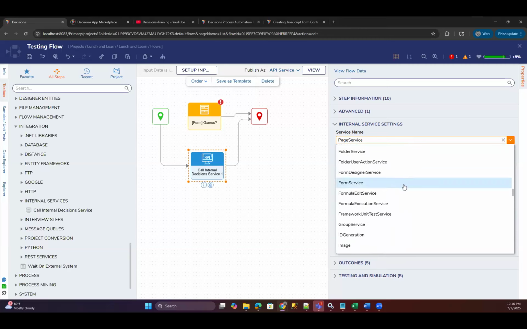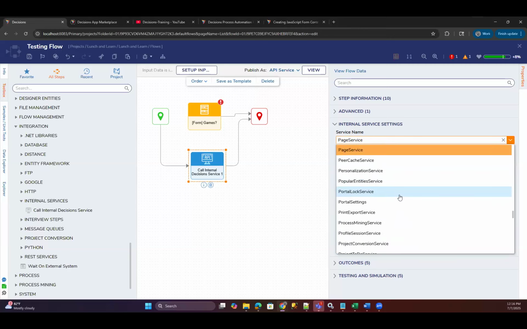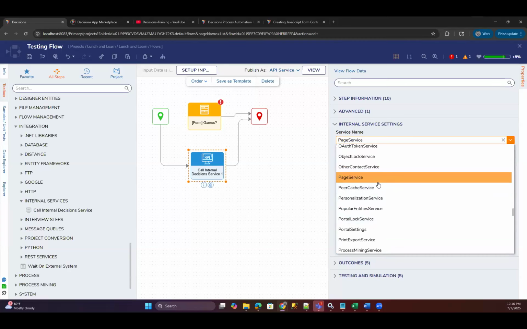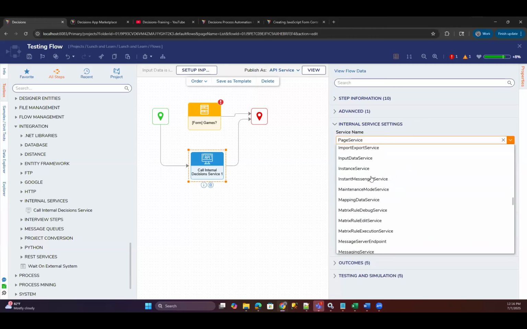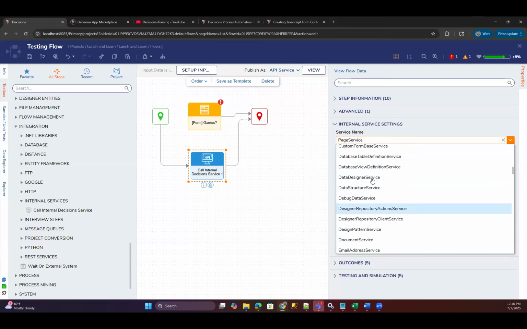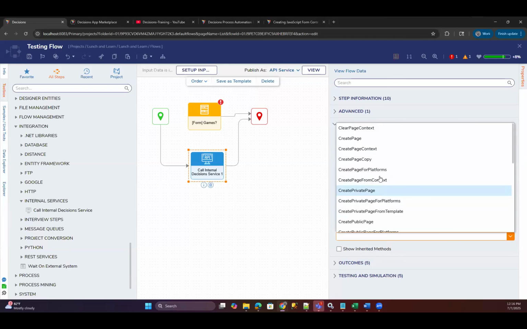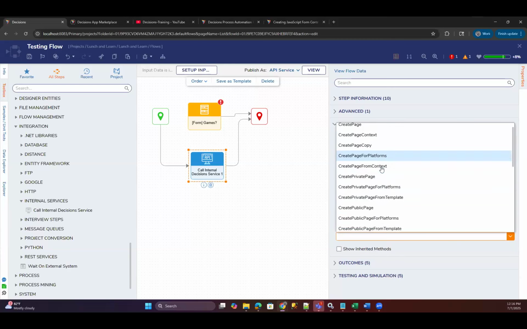Let's see if there's anything in the page service. The only page related thing I see would be create.